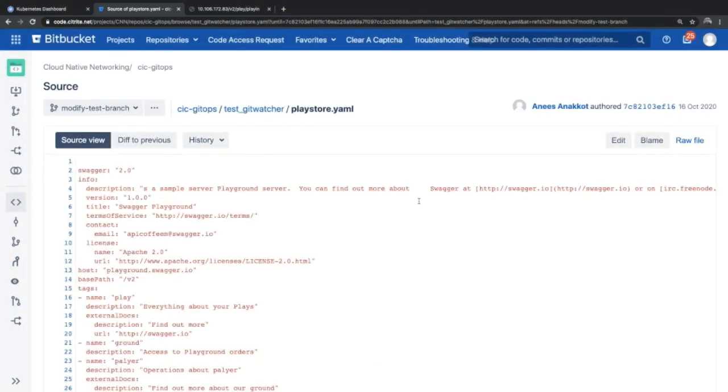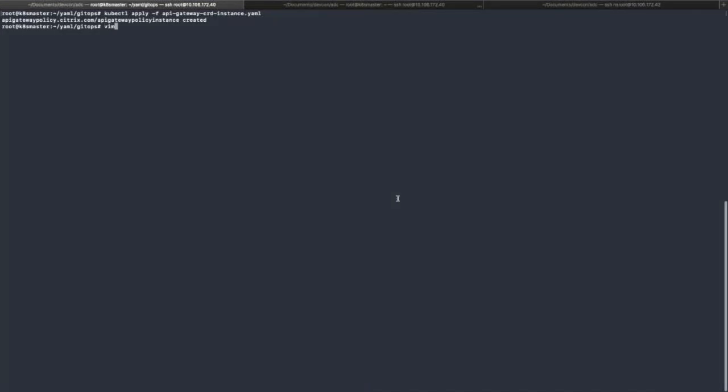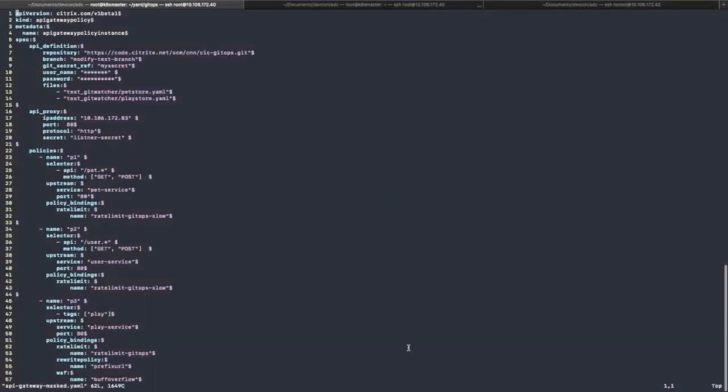Okay, so now let's look at which policy this would match. It won't match the policy P1 because it doesn't have a URL like pet. It won't match P2 because it doesn't have a URL like P2. And P3, it doesn't have a URL kind of selector, but it has a selector which says if it has a tag, apply these things. Since we also copied the tag for this new API, obviously, this is the policy it would match.